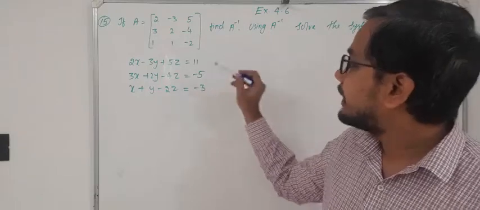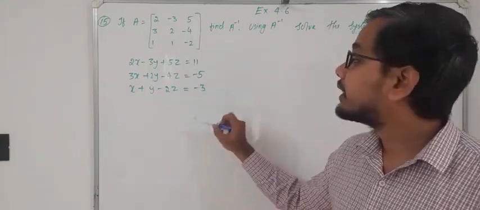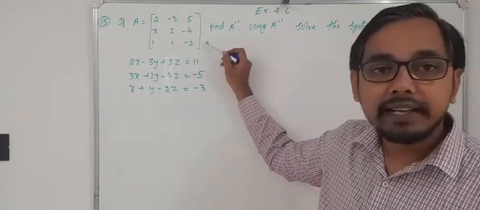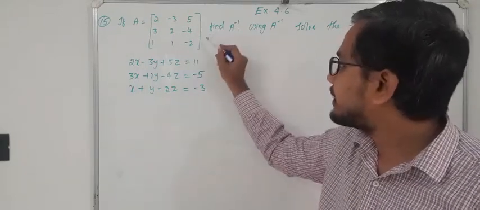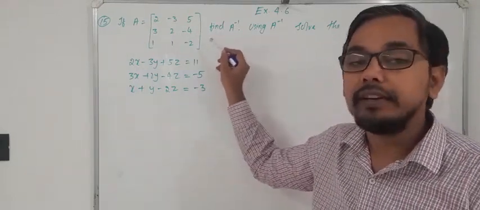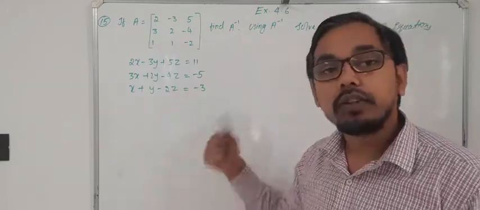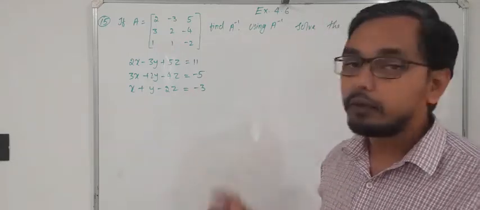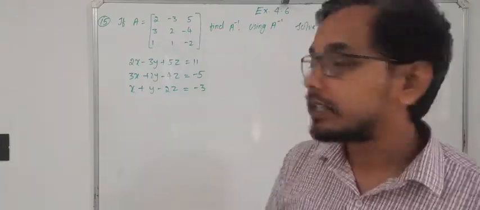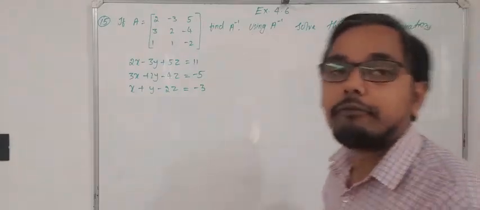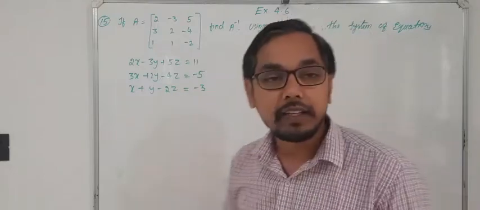You can see here, if I form matrix A, matrix B and matrix X out of this, matrix A is nothing but the same matrix which they have given here, right? So if you solve this one, you will get the inverse, and then you are going to get the solutions for the system of equations also. First they have asked for the inverse, let's find out the inverse, then we can go for solving the equations.